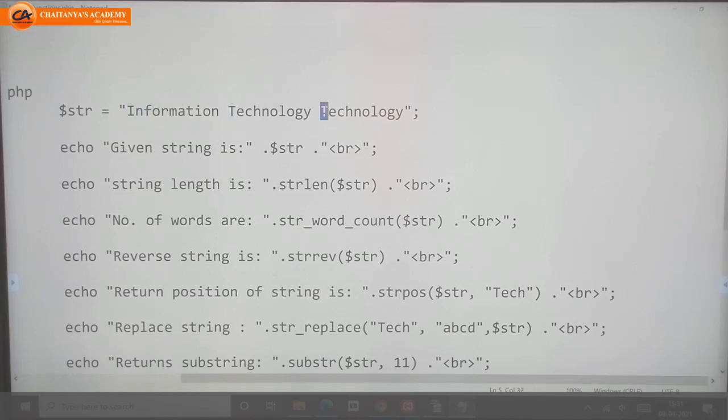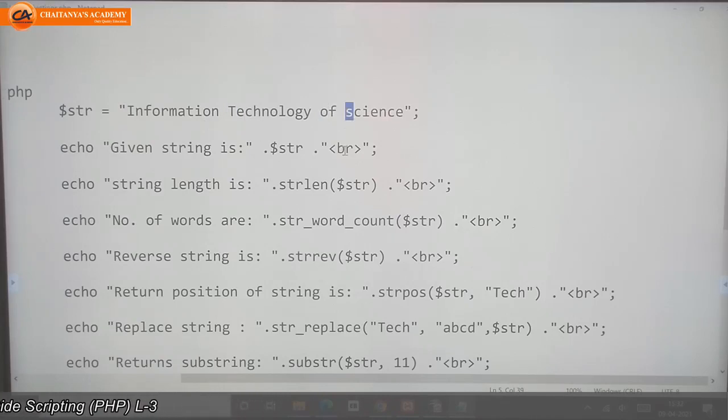Suppose here, the third letter, again I will pass one string: information technology of science. See, here I wrote I and T already in capital, but O and S in small alphabets.